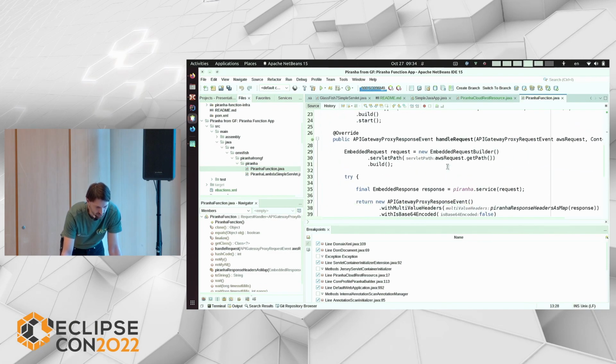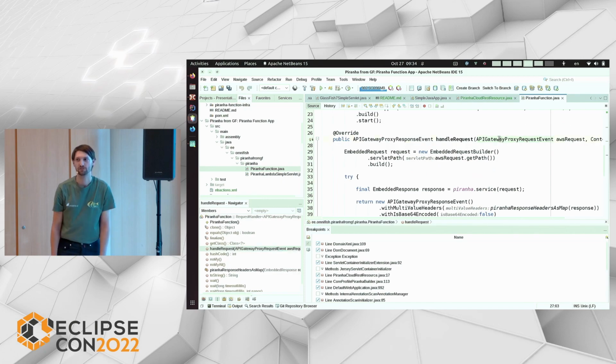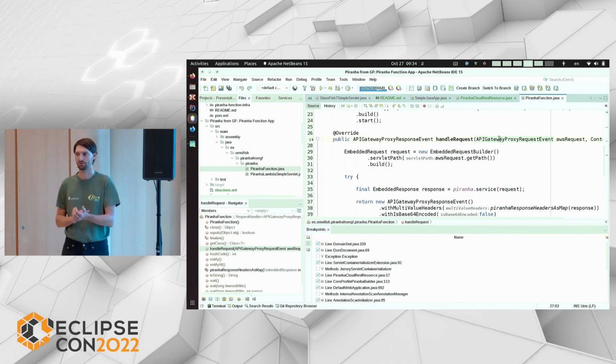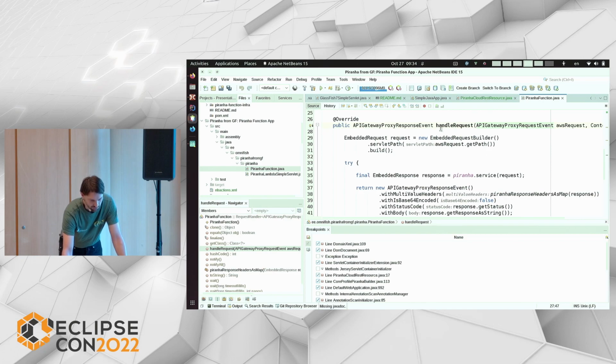The basic thing in AWS Lambda or functions in the cloud is that you don't have the HTTP stack, because it's provided by some other service. It generates an event, and the cloud provider basically just calls your Java method itself with some objects. Which is basically the same that we did with Piranha. We also created a Piranha container and then called the service method and provided the request if we did this with the HTTP stack. So this is how Piranha fits well there.